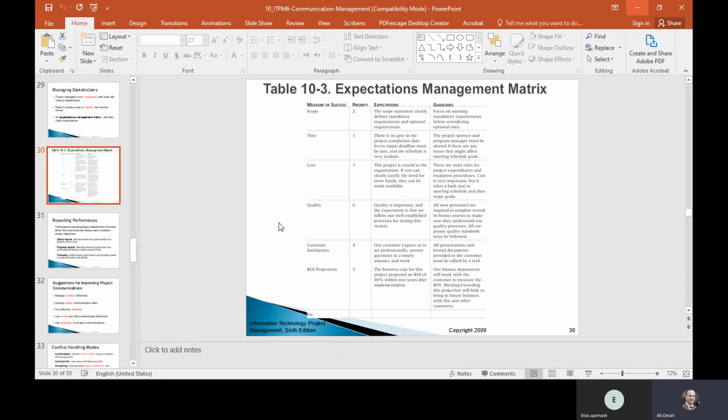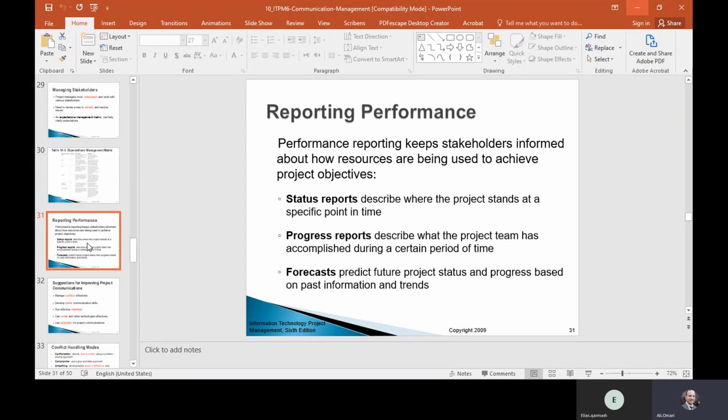There are strict rules, and so you have to communicate all these expectations to the stakeholders, so everybody knows what they are coming about. And you also need to do performance reporting.